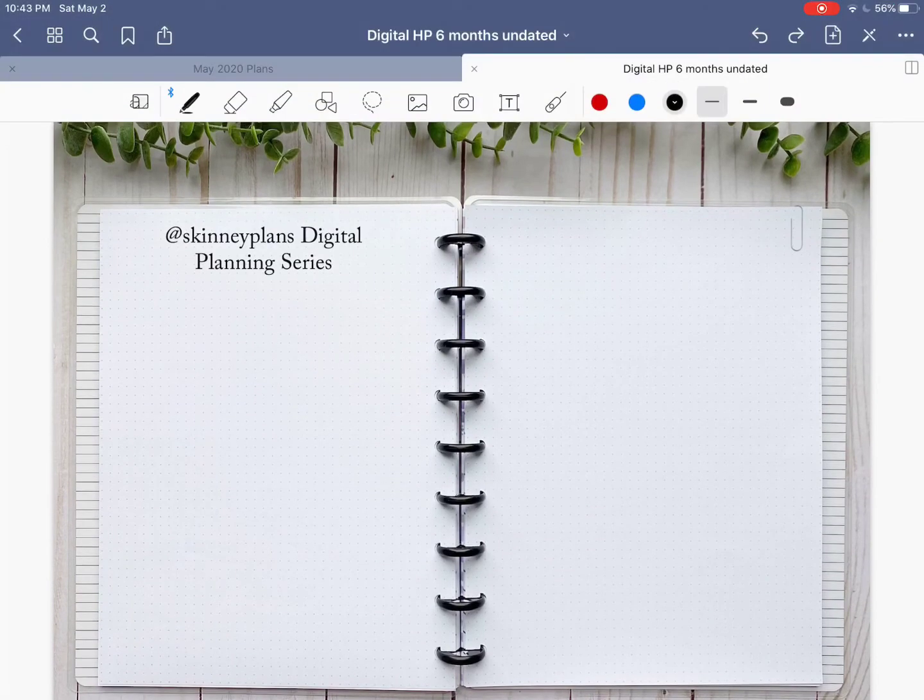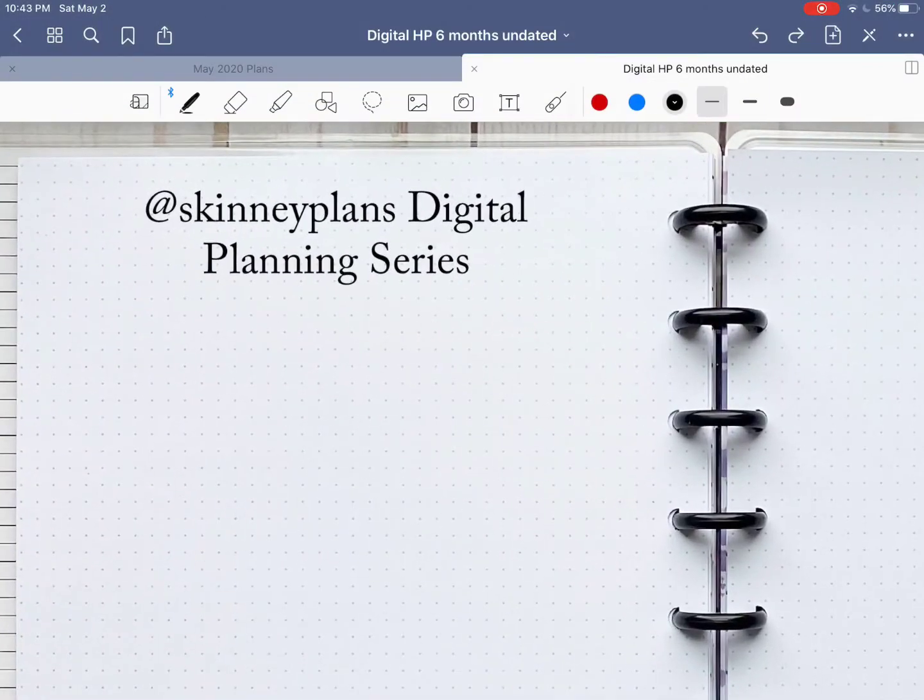So today we're going to talk about Goodnotes basics, and Goodnotes 5 specifically. And what we're going to do is decorate a planner spread together in the freebie digital planner